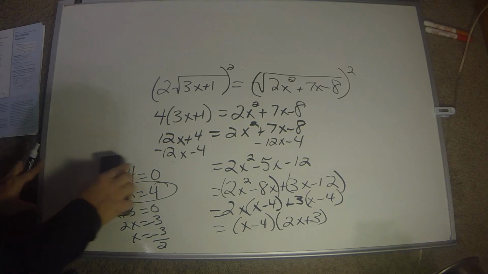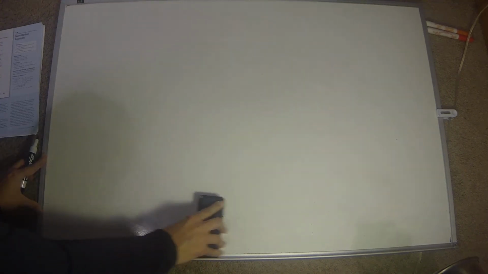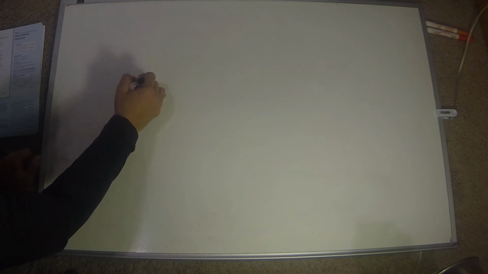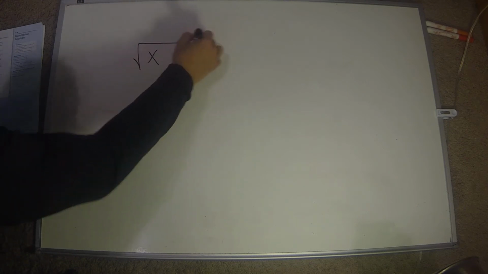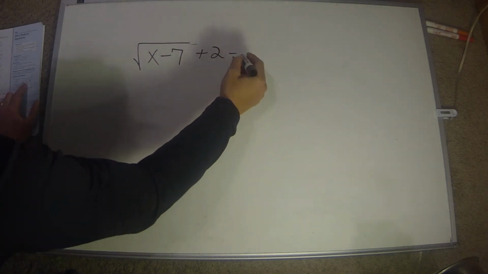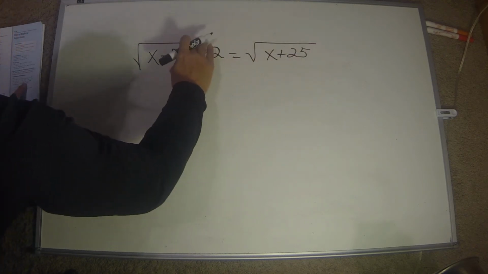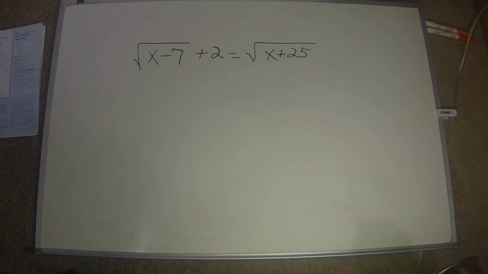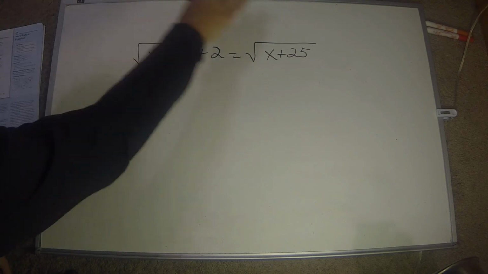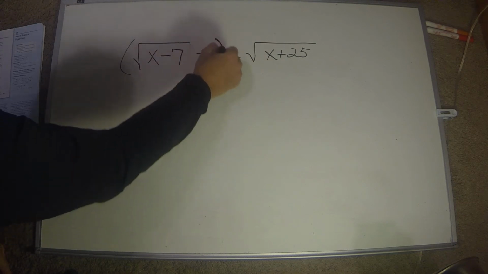So let's do one other one. Here we have two sets of radical signs. If we have two sets of radical signs on, say, one side over here, we would want to put one on the other side. But here, since we have one on both sides of the equal sign, what we're going to do is just